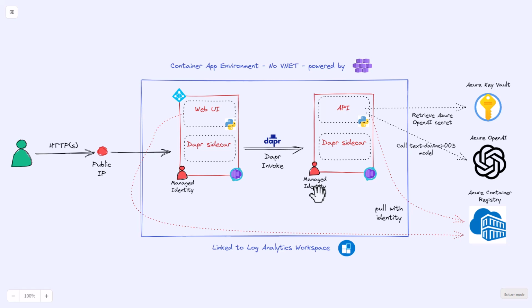And with that identity, we are again pulling our container image from Azure Container Registry, but we're also reading a secret from Azure Key Vault. The secret we are going to retrieve is used to actually authenticate to Azure OpenAI service. That's just one of the ways to authenticate, because the API is going to call the text DaVinci 003 model